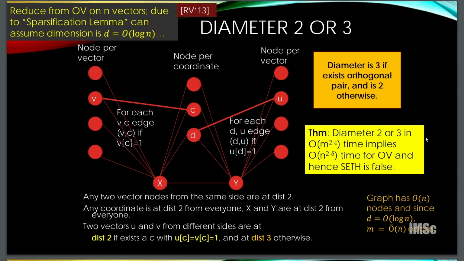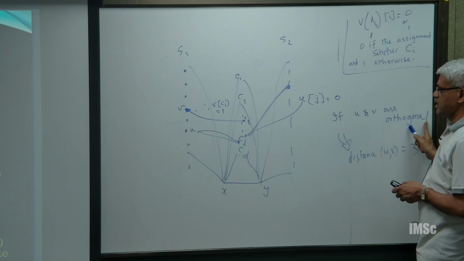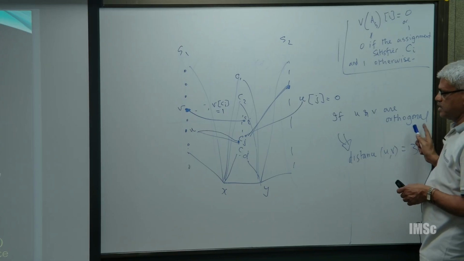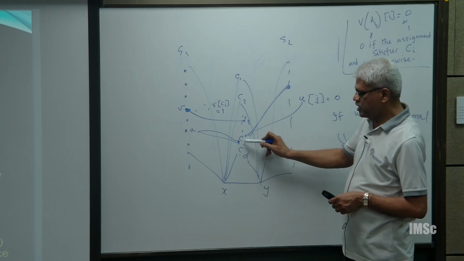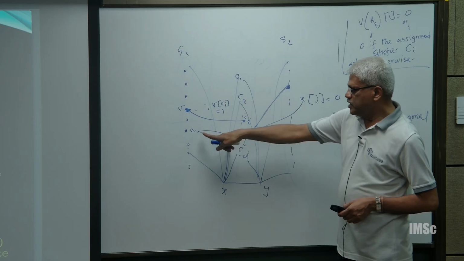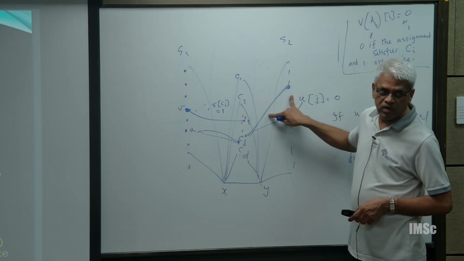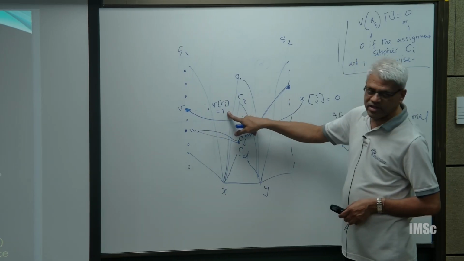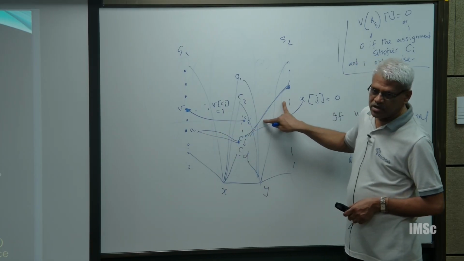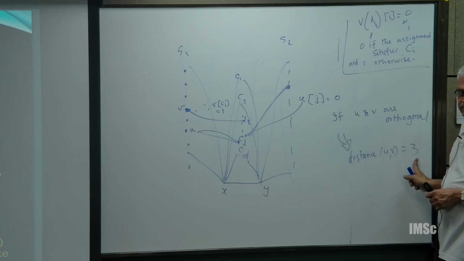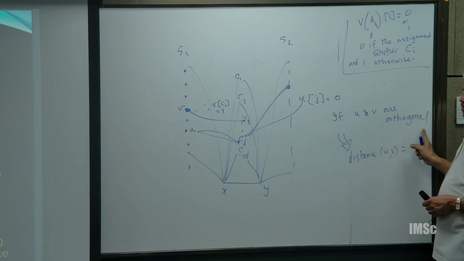So u and v are orthogonal means that for every coordinate, either this is 0 or this is 0. So, either this edge will be absent or this edge will be absent. So their distance will be 3. If there exists an orthogonal pair, the distance will be 3,